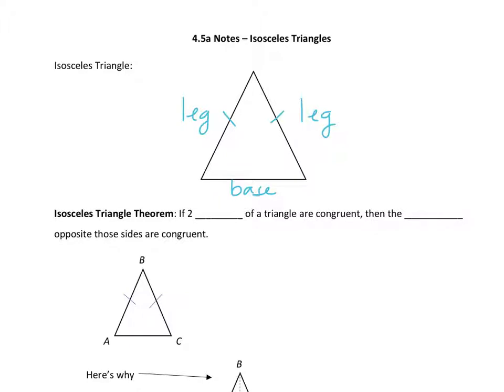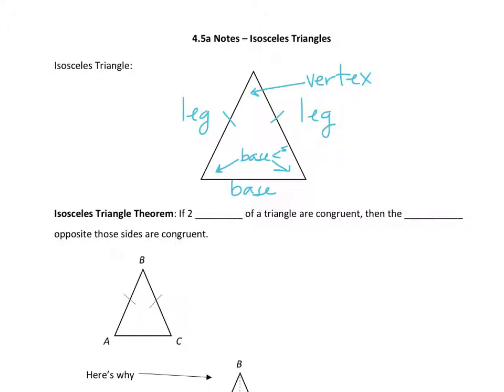But then we have a vertex angle and base angles. The vertex angle is always the one where your 2 legs meet up. And then the base angles are the 2 angles that are touching the base of the triangle. So these 2 are base angles. And then your 2 legs and the vertex and the base. Okay, so that's the parts of an isosceles triangle that you're going to be using a lot in the next